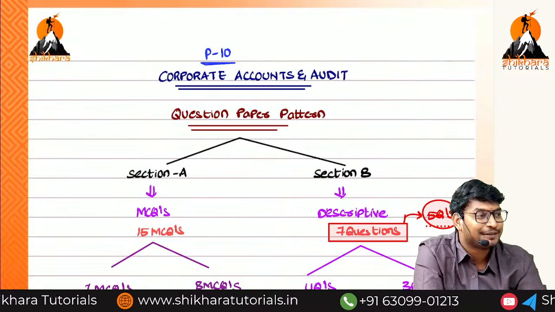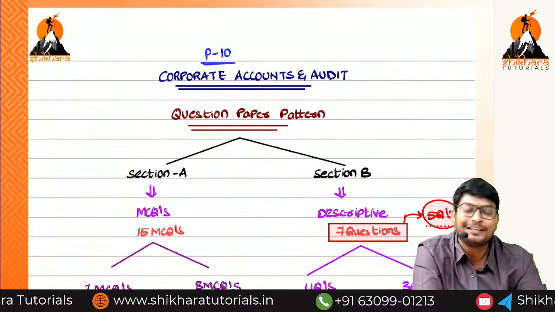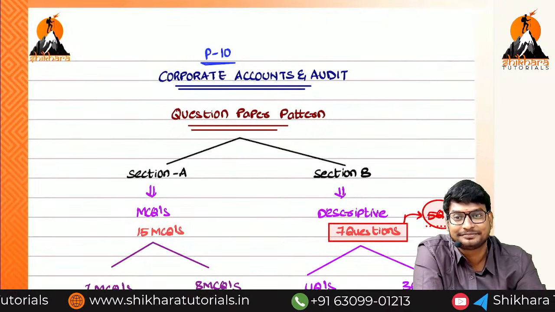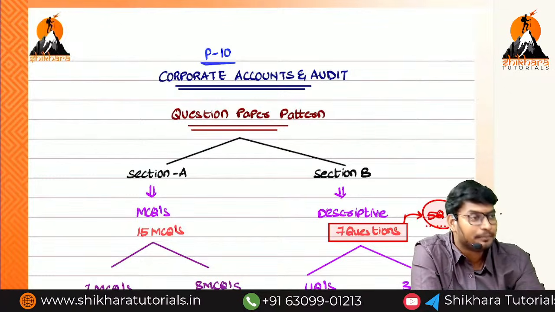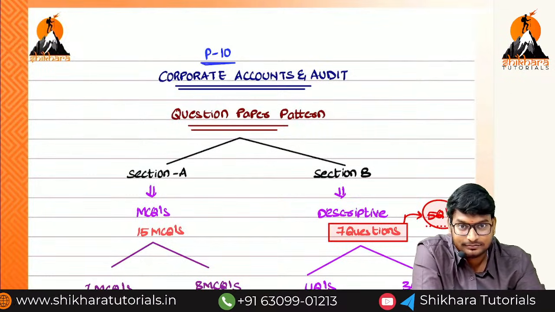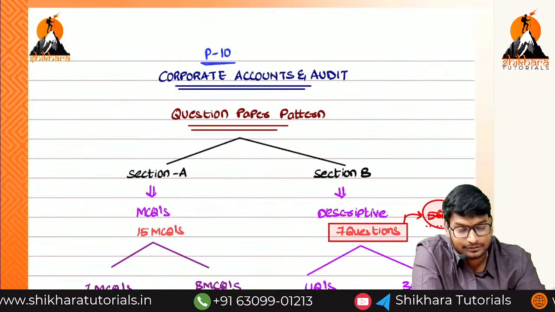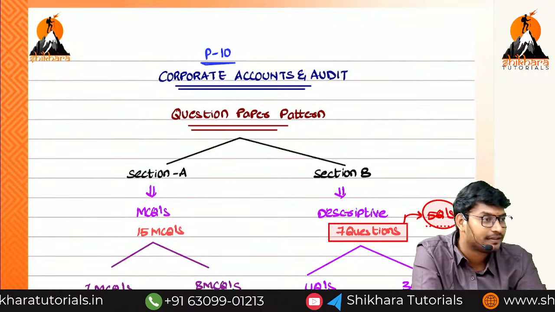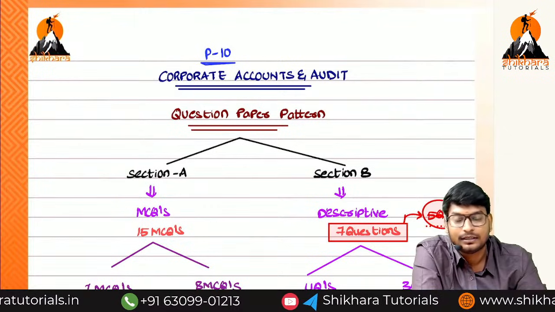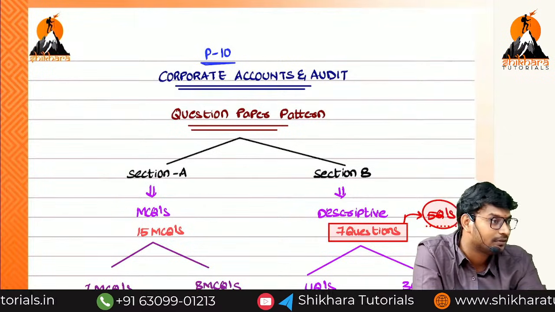What is the meaning of company? What is the meaning of sole proprietor? If any one person has started the business, he is called a sole proprietor. Okay. What is the meaning of partnership? One or more persons have combined together and share the profits, that is called a partnership.